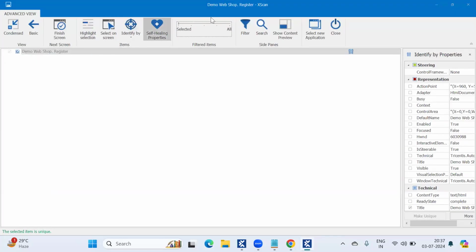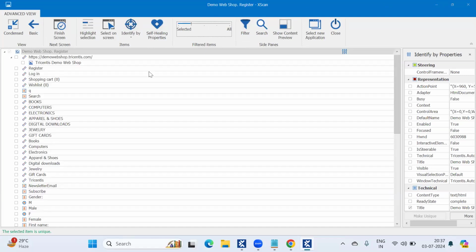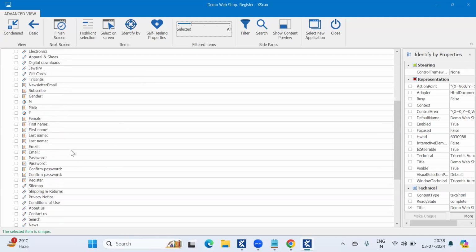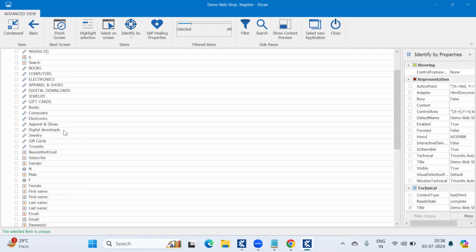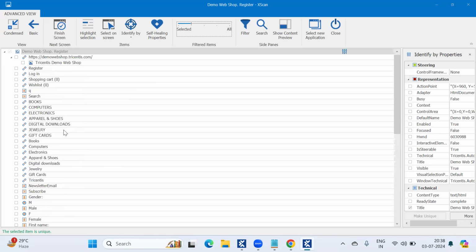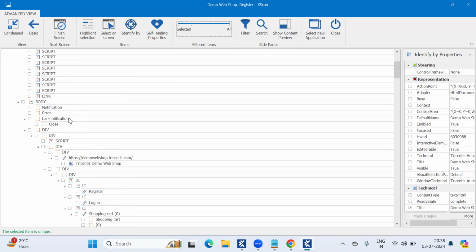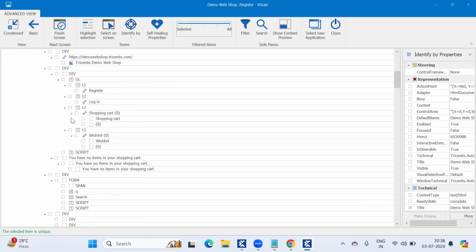See, you can select. First name, last name, everything is there. Are you able to see? If you drag this, you will get all the inside properties, all the controls which lie at the back end also.